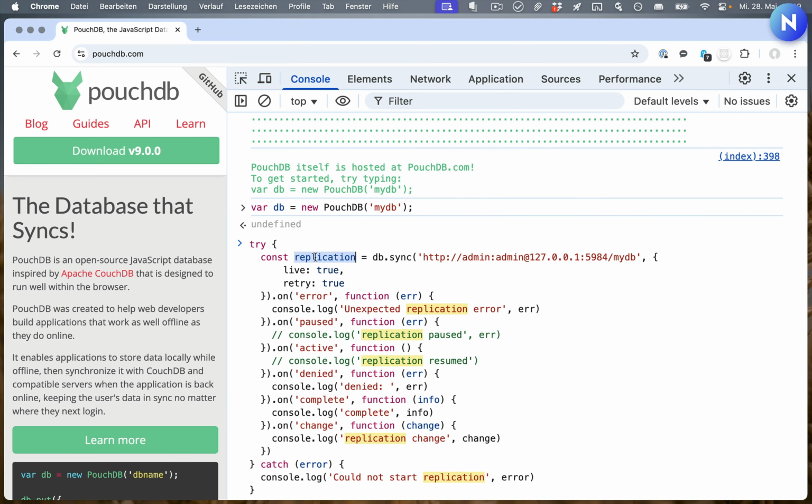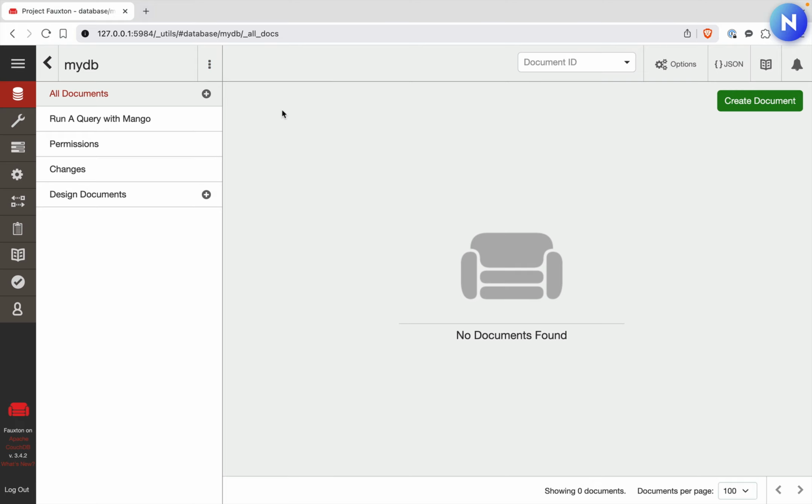So first of all, replication is a method on the DB instance again, and in this case it's called sync. Sync is a shorthand for doing bidirectional replication. There is also replicate as a method which is one directional, so either just push or just pull, but we want it to go in both directions, and we want to sync this instance here with this remote CouchDB, where we include the credentials, the host, the port, which is generally 5984 for CouchDB, and the database name. And again, this database needs to exist. Let's briefly check that it does. Over here at Photon, we can see we're in MyDB, and there is nothing in here, so that's great.